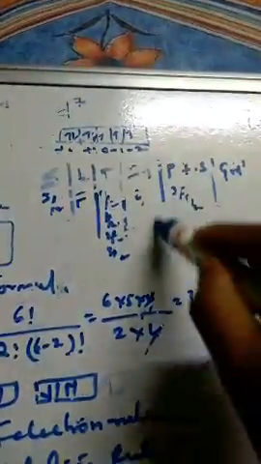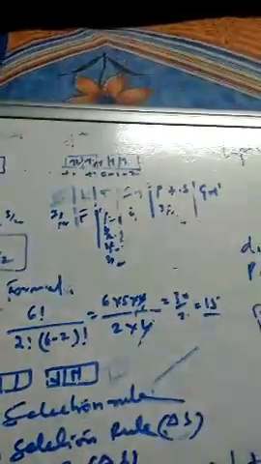Now you have to see here, this is a more than half-filled subshell, so the highest J is the ground term. So the highest L plus S is 9 by 2. So quartet F 9 by 2 will be the ground term for the d7 system. Like this, you can do it for all d1 to d10.